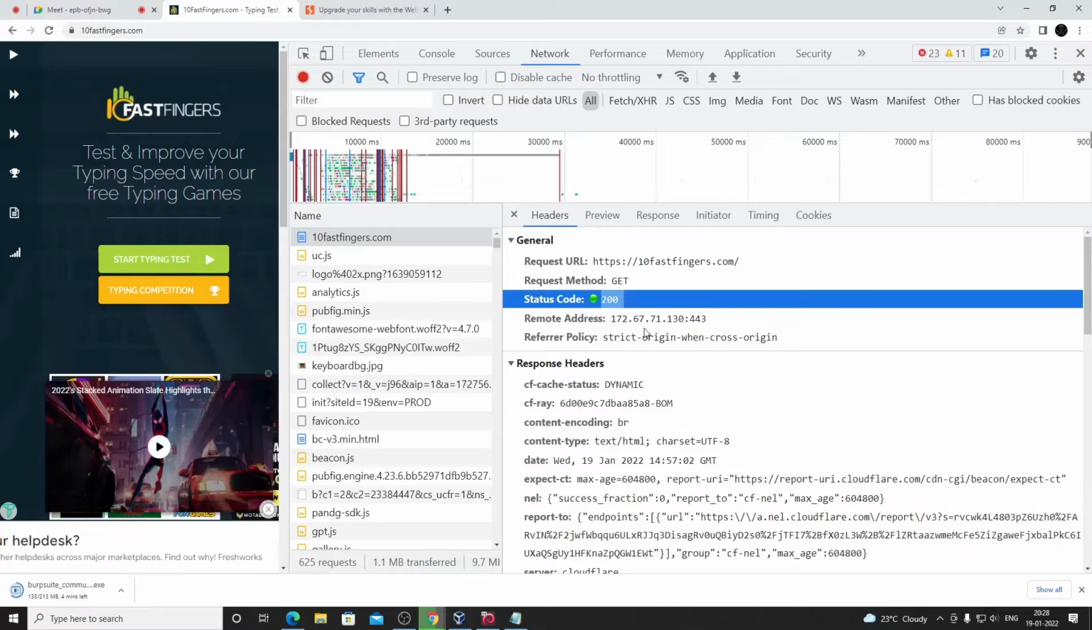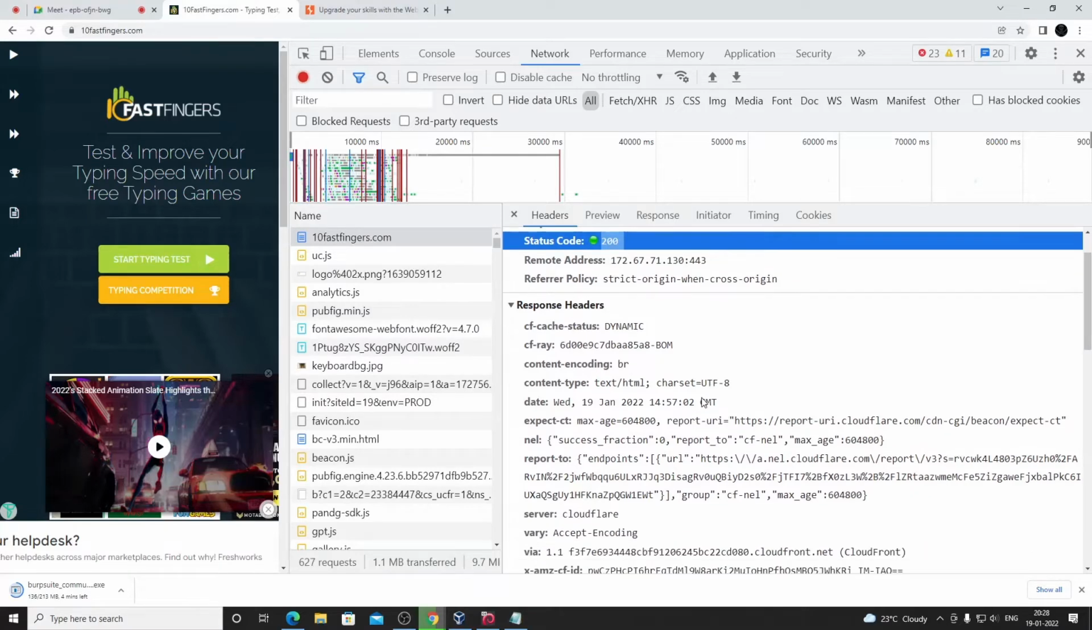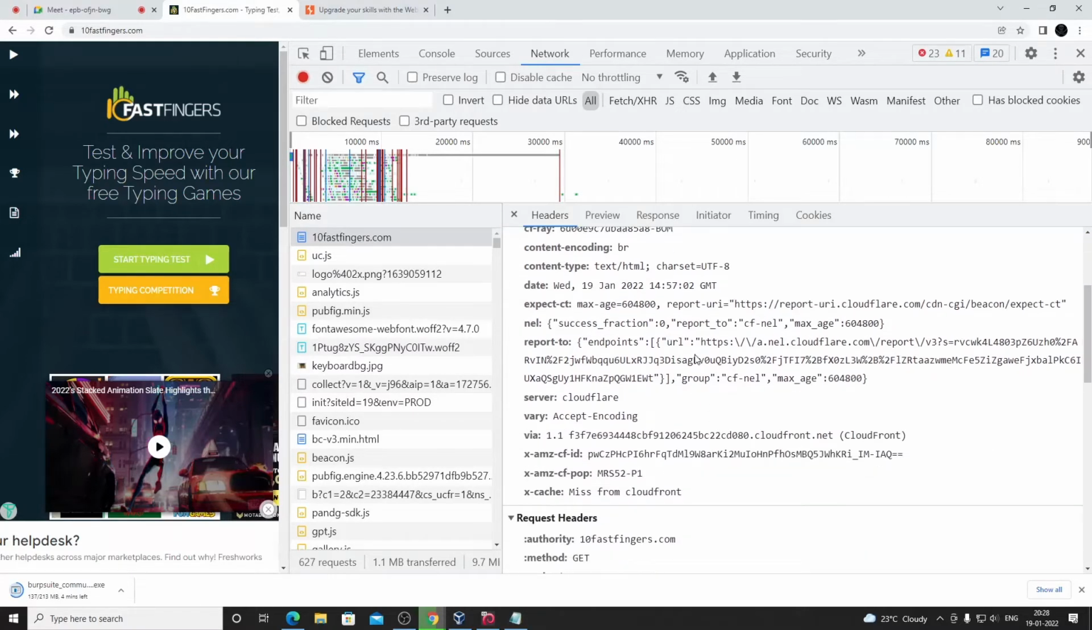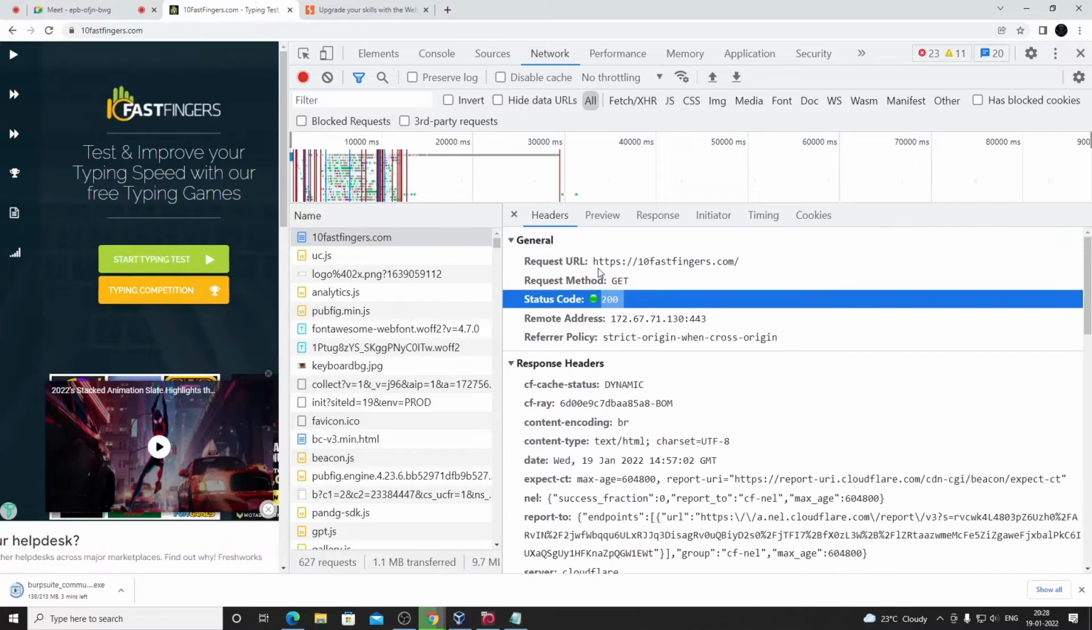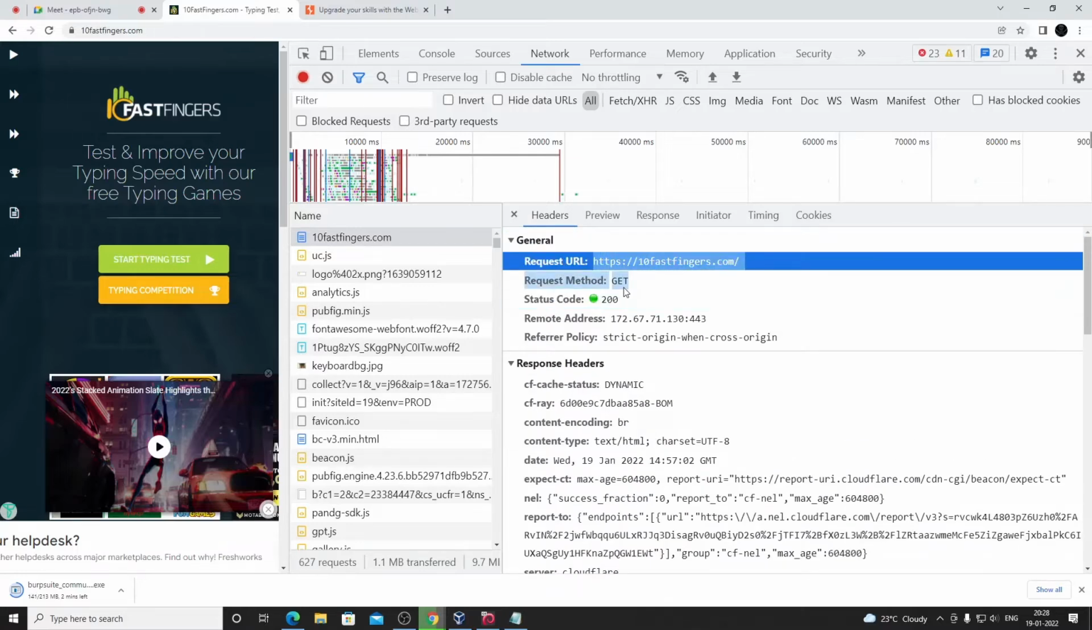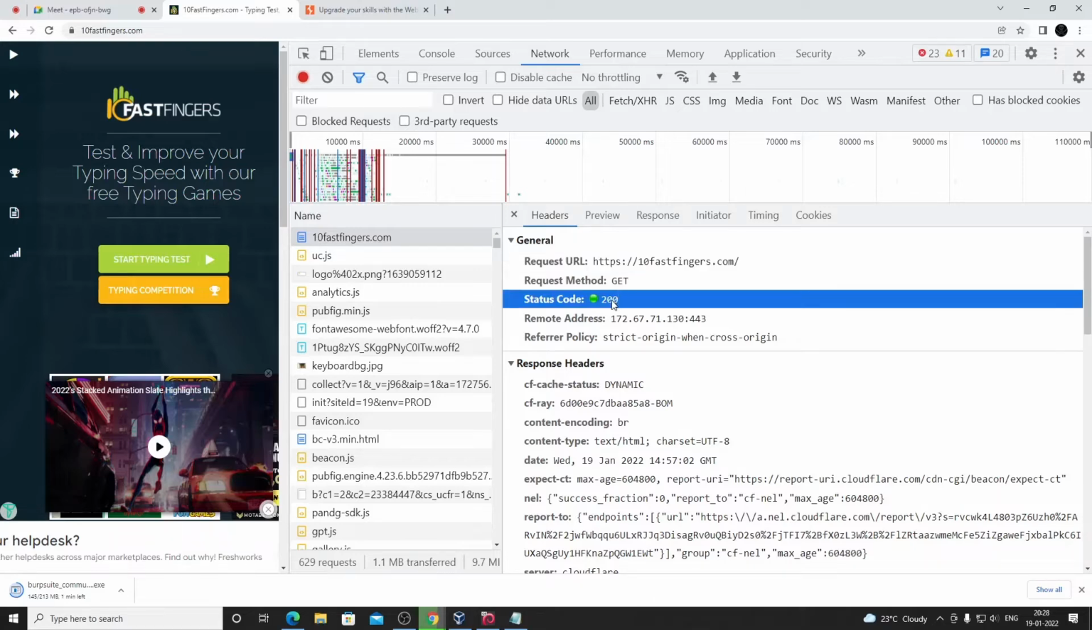Ignore that there are a lot of headers here, these things are actually called headers. A lot of things are here, we are not supposed to worry about them as of now. So that's how it looks: a GET request is being sent to this particular URL. In the response we got 200, and if you want to see what the response is, if you click on response,